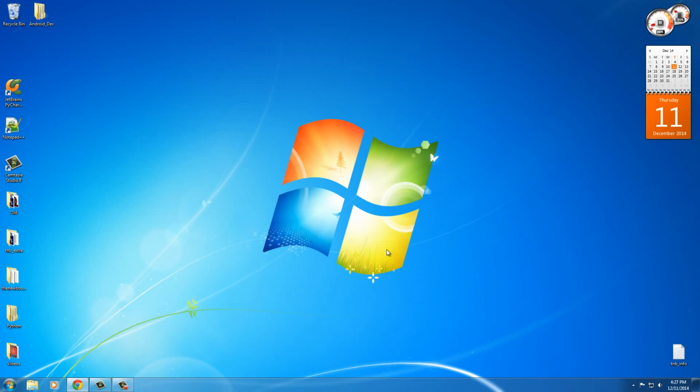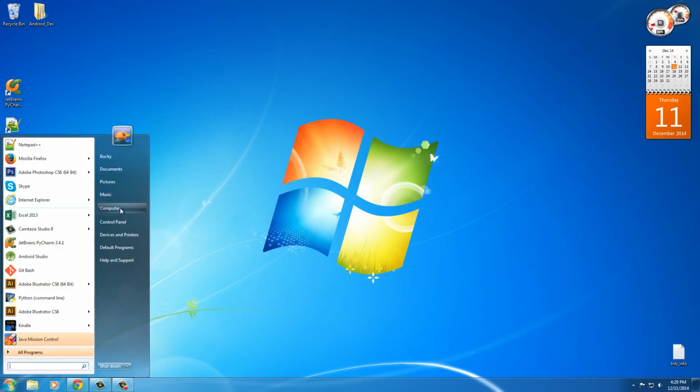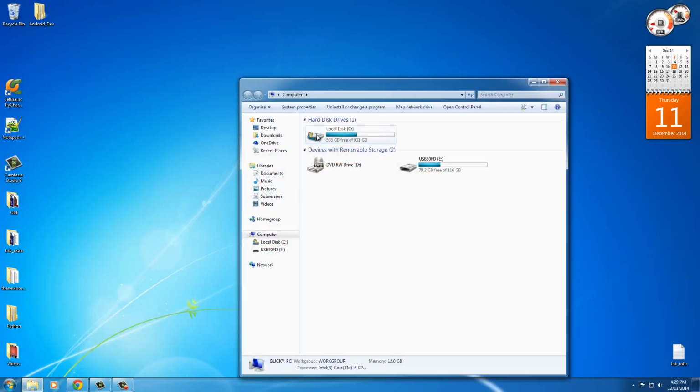Alright, so now we have the JDK installed on our computer. However, before we download Android Studio, what we need to do is tell our computer exactly where it is. That's because later on when we download Android Studio, it's going to look for that JDK. So we need to explicitly say, hey computer, this is where the JDK is. So go to your start menu and then click on computer, and then make sure you're starting at your